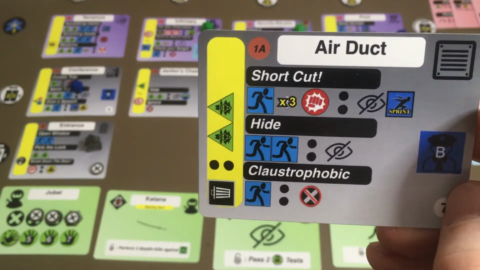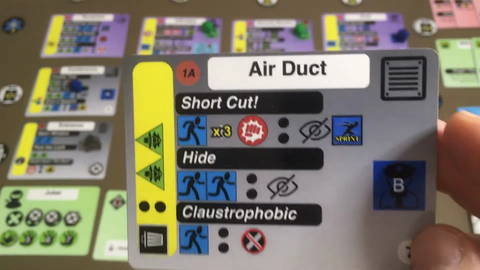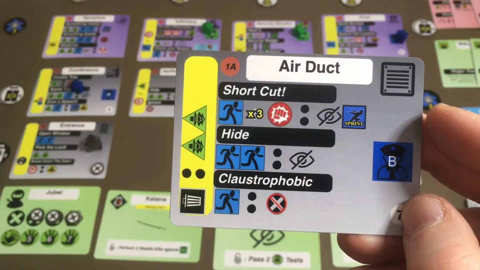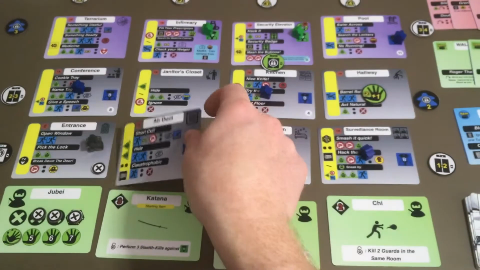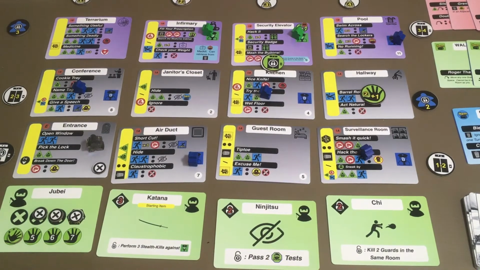Okay, so looking at the next room, the air duct, we can see that costs a lot of run. I either need 3 run and a fight, and I can become hidden and gain an upgraded card, the sprint card, or I can spend 2 run points to become hidden, or I can just spend 1 run point and nothing happens, but I have interacted with the room and I do not clear. The other issue is there's a blue guard here, so unless I am...